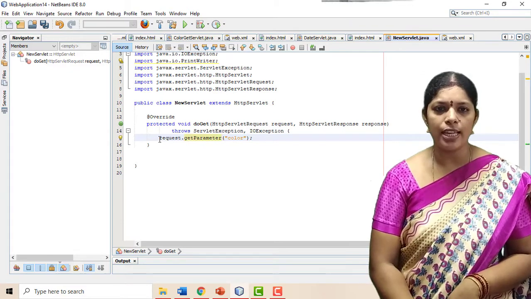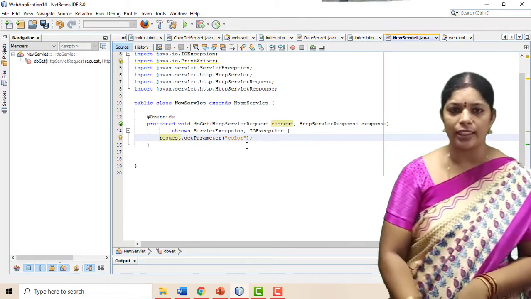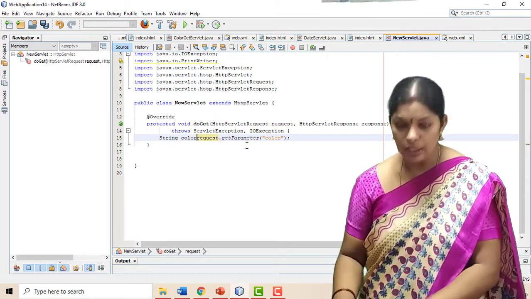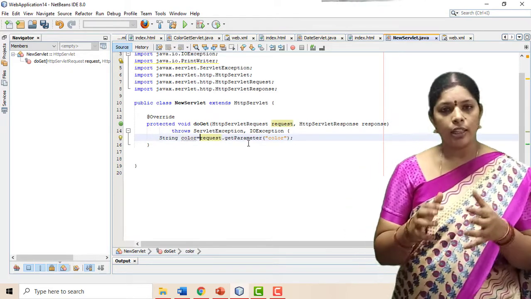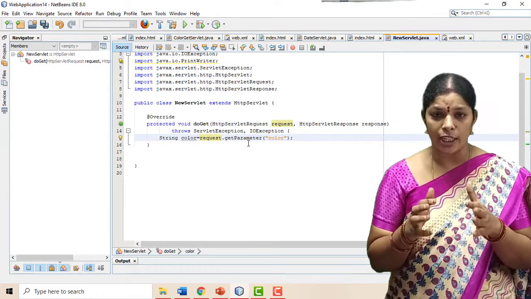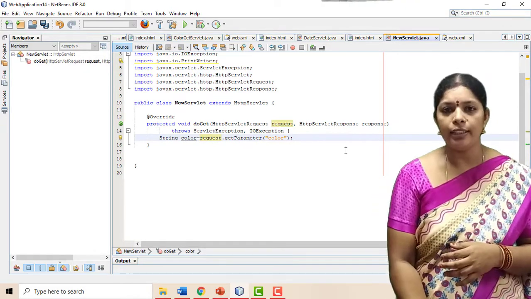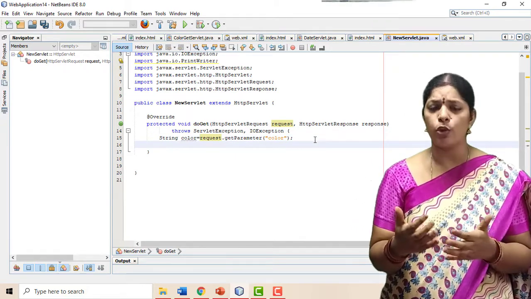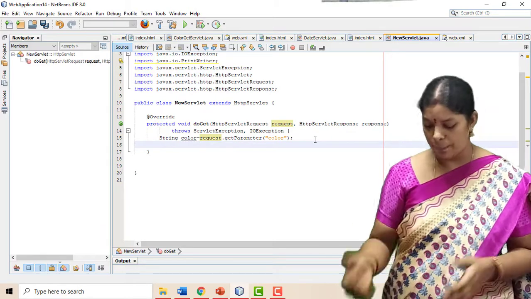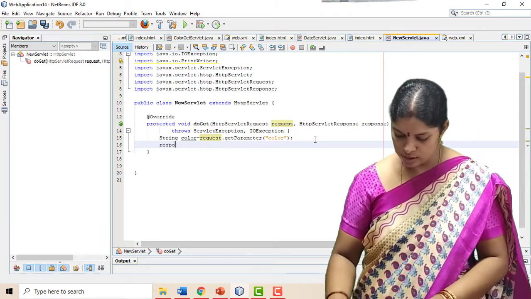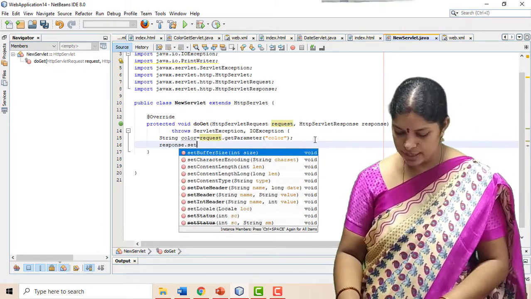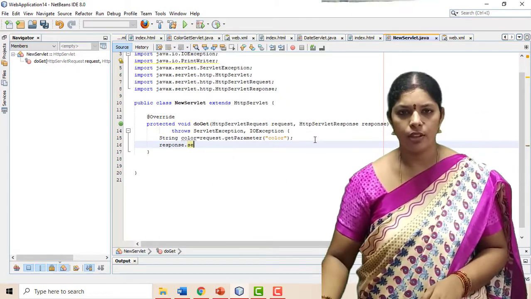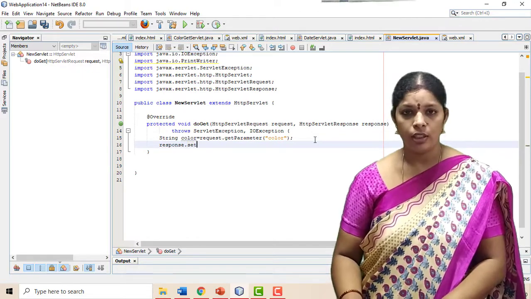Right. So this request.getParameter of color can be assigned to the string variable. String color equals request.getParameter of the color. And after this we want to send the response. We want to display our color in the web page by using the response.setContentType